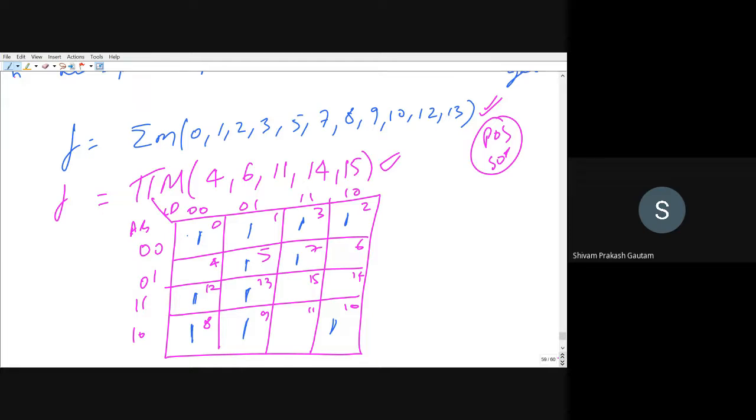No. F minimum you have to write. Now tell me, are there any isolated cells? No, sir. Are there any cells whose adjacent cells are all 0, but only one cell is having 1? That is step number 3.